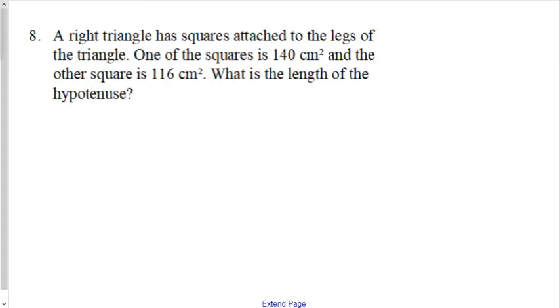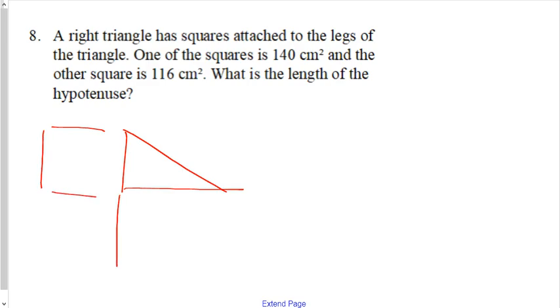Question 8 says a right triangle has squares attached to the legs of a triangle. Okay, I'll do that. There's a leg, there's a square attached to the leg. There's my right triangle. One of the squares is 140 centimeters squared. I'll write it in the area. One of them is 116 centimeters squared. What is the length of the hypotenuse? There's my question. With the areas of the squares,